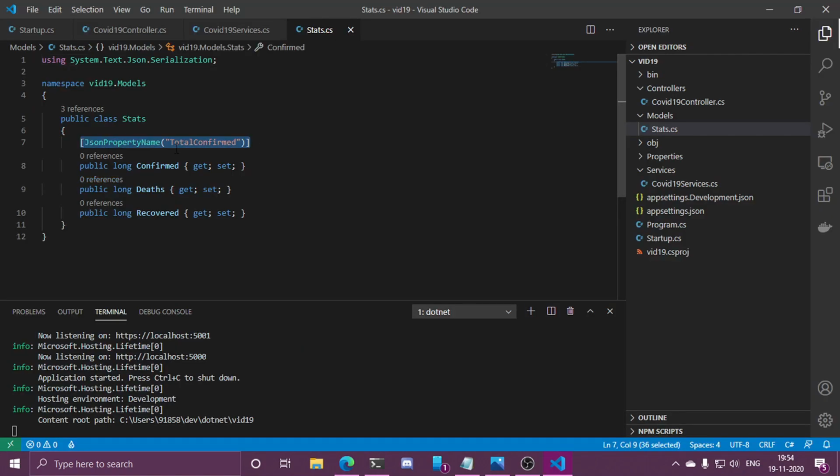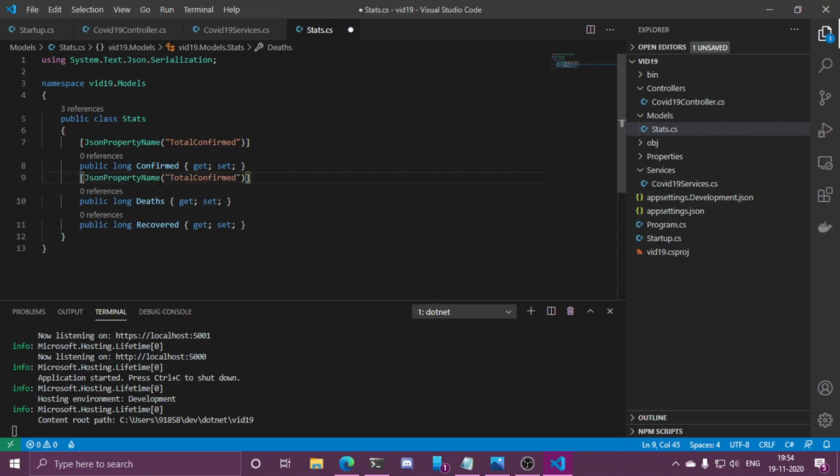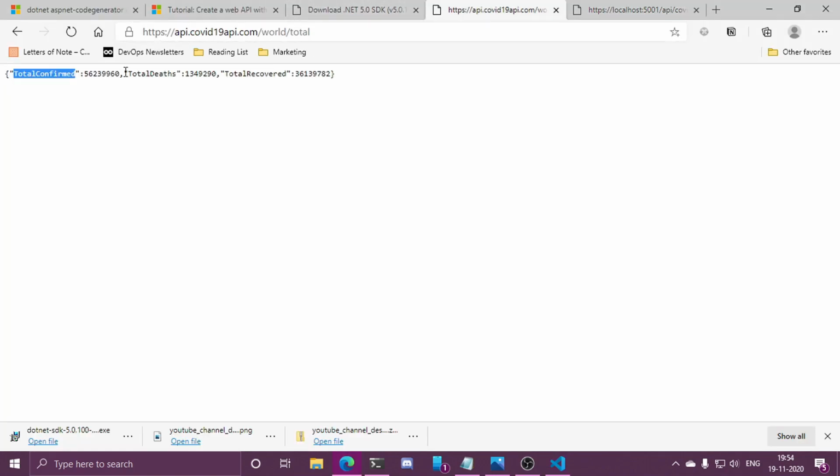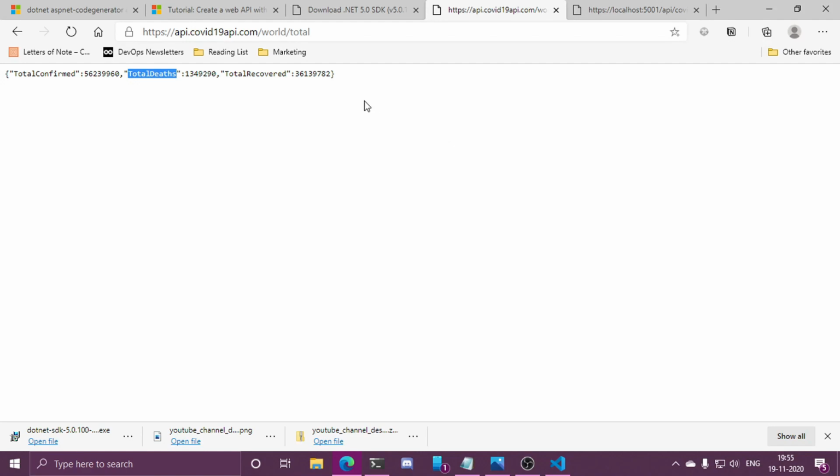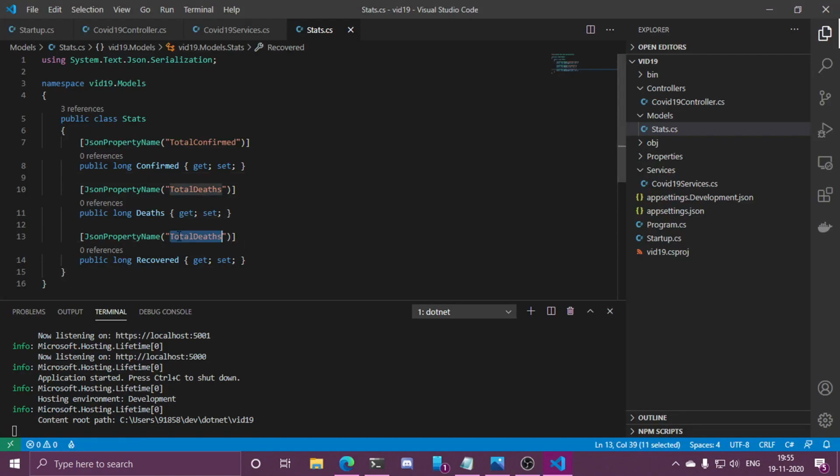Similarly, we can do this for the other two fields. We can call them total deaths. These are deaths. And then again, total recovered.